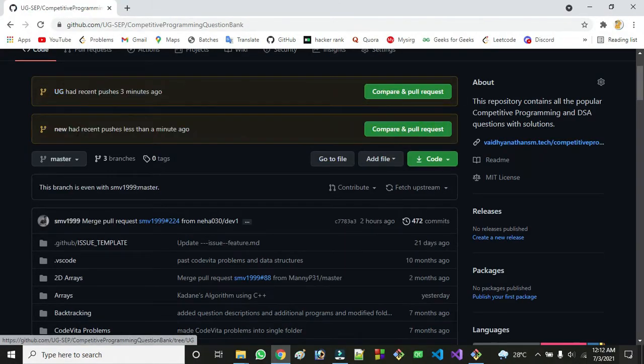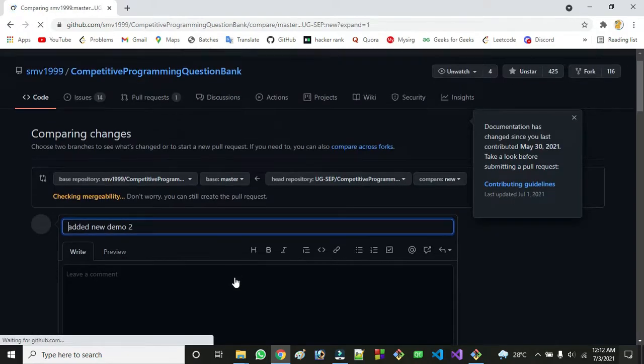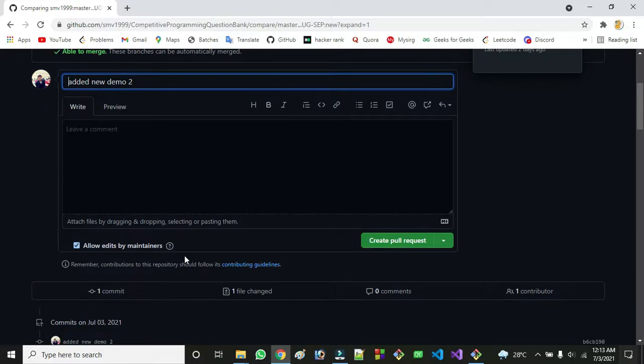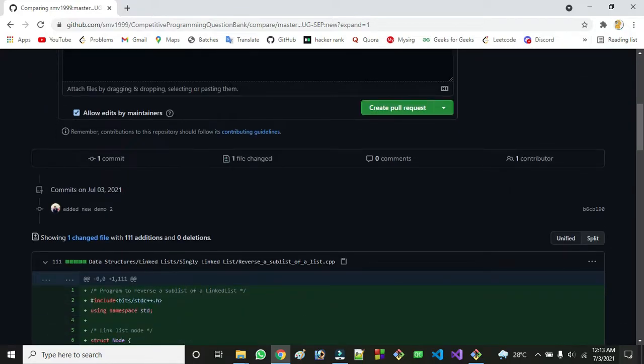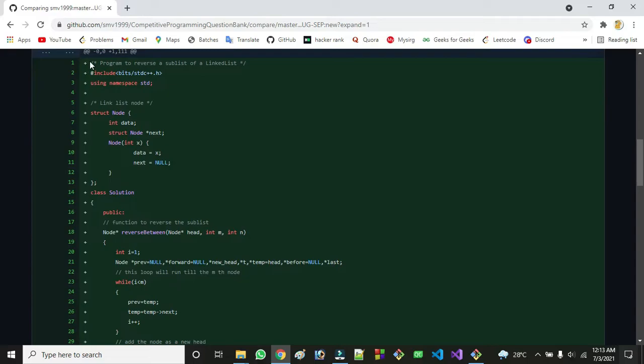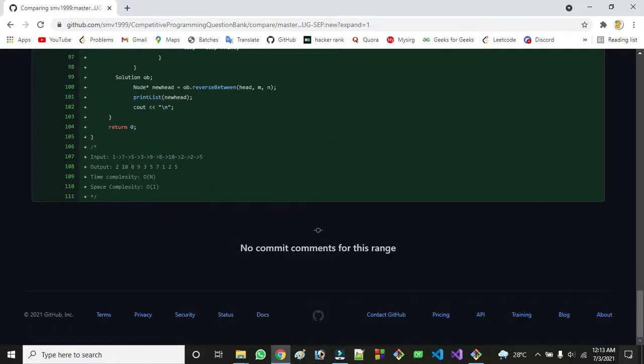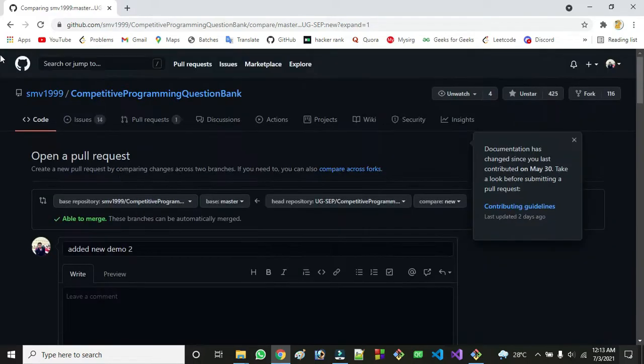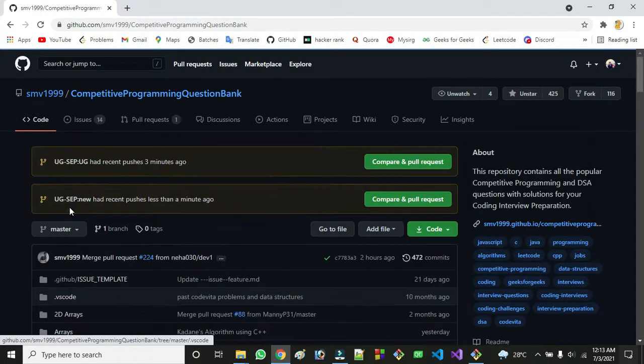Yeah, so let me show you the result. As you can see, only one file has been changed with the previous PR. The previous commit has not been merged in this, and you can see the second commit in there. This commit has not been merged, which means that you can create more PRs like this, meaning commits, and it will surely work for you.